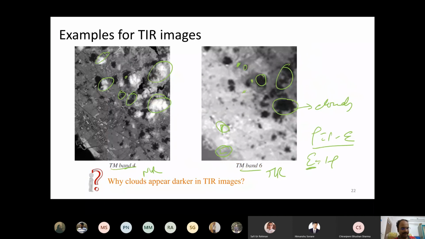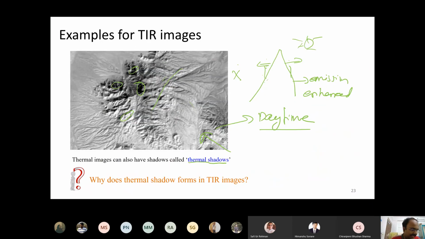In a reflected image, a shadow forms because light is obscured. The same thing happens here. Because of the stoppage of incoming energy, the rate of change of temperature within a given area will change. So one area will be heating up at a faster rate, another at a smaller rate. The area which is not receiving much energy will appear darker in the TIR image. That portion we call TIR shadows or thermal shadows.